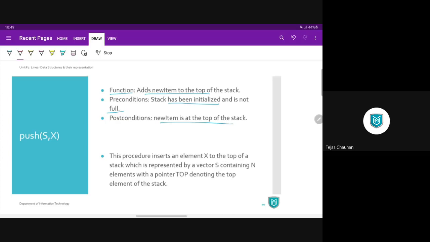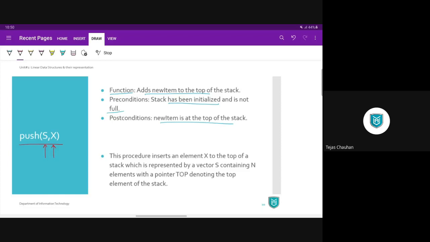When we create this function, we need to pass our stack and we need to pass the new value. We need to pass our stack because you might have multiple stacks, and at that point you need to decide which stack you are going to push this item to.